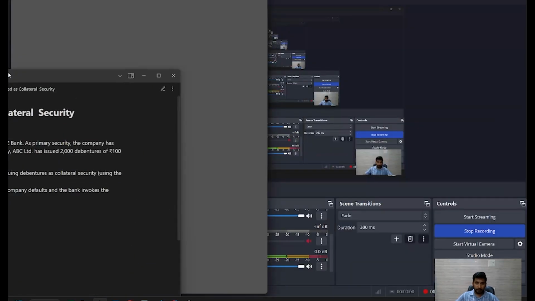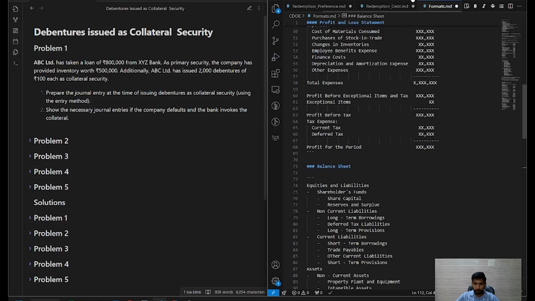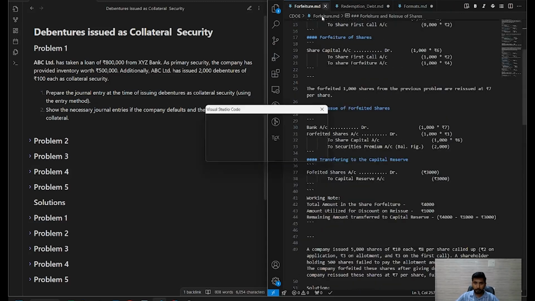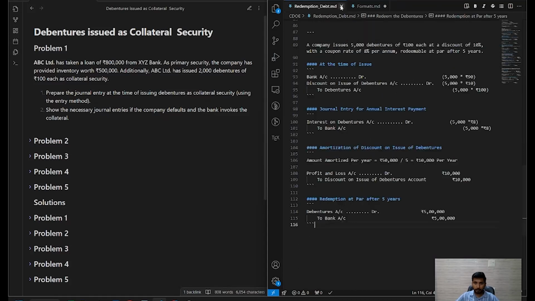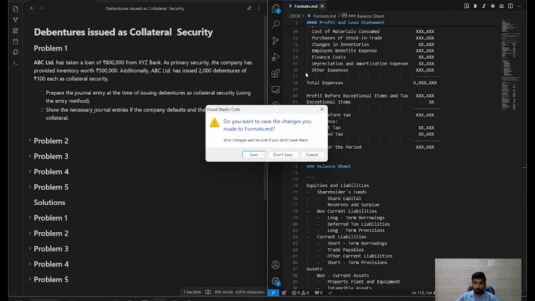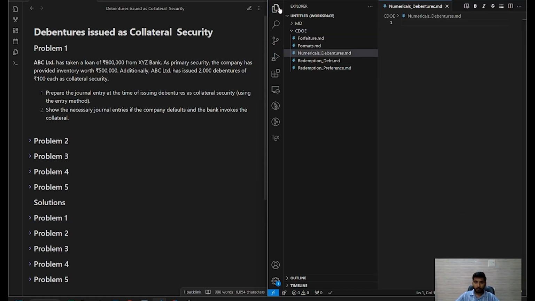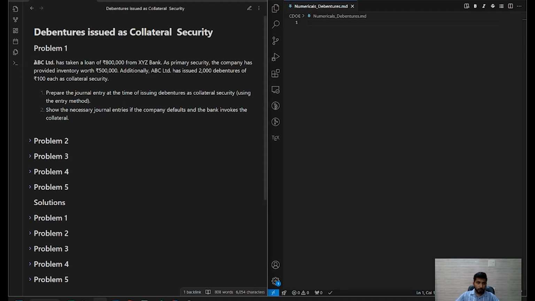So let us just take our first problem to the workbook. And let us just start it anew. That is numericals on debentures. So the very first problem is